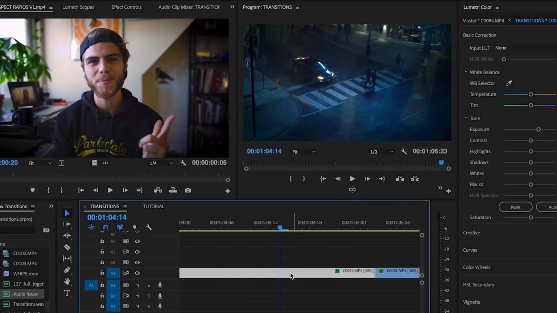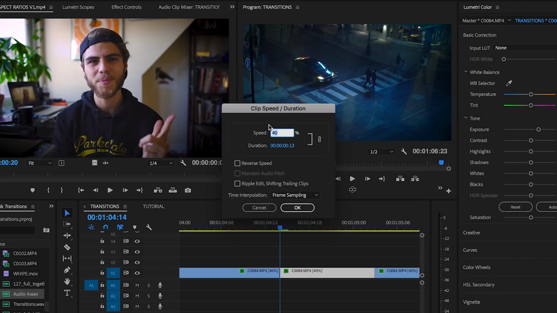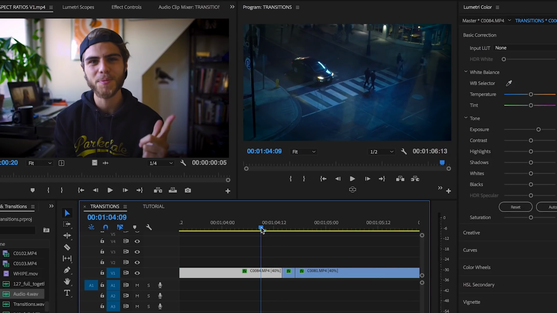Now, what I'm going to do with my first shot is scale in and go to about the ending, so maybe the last second of it, and I'm going to change the speed from 40% to 200%. We want to press ripple edit and then press OK. What that's going to do is speed up the ending of this shot. So if we watch it back,